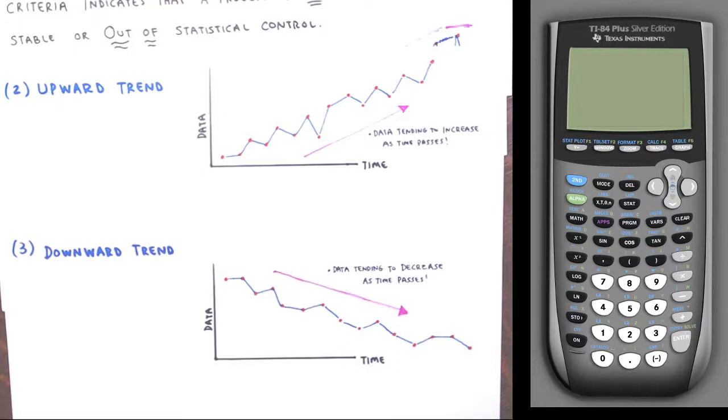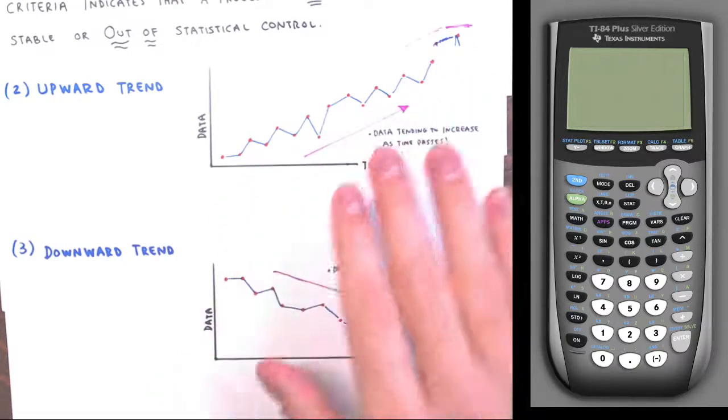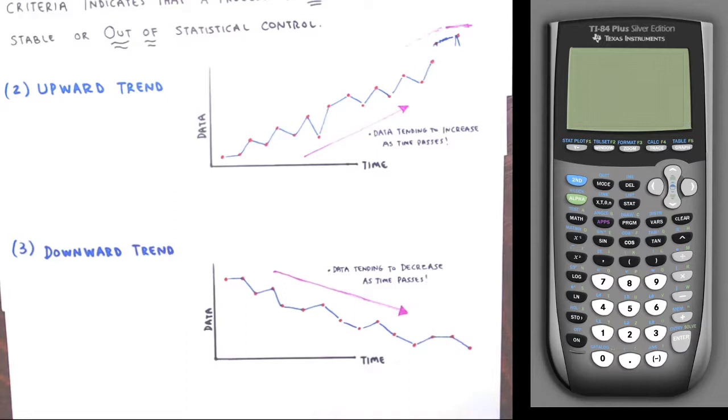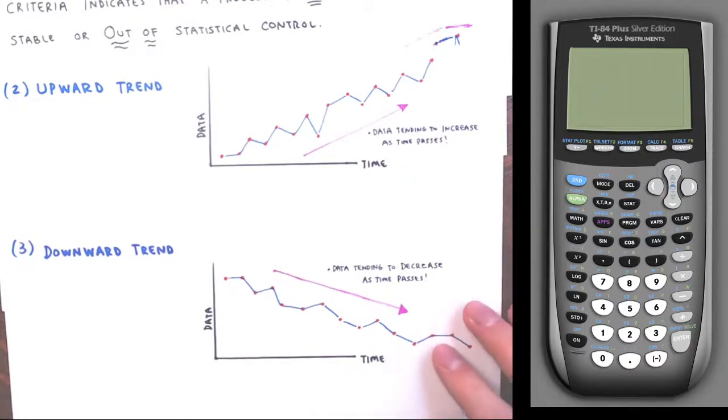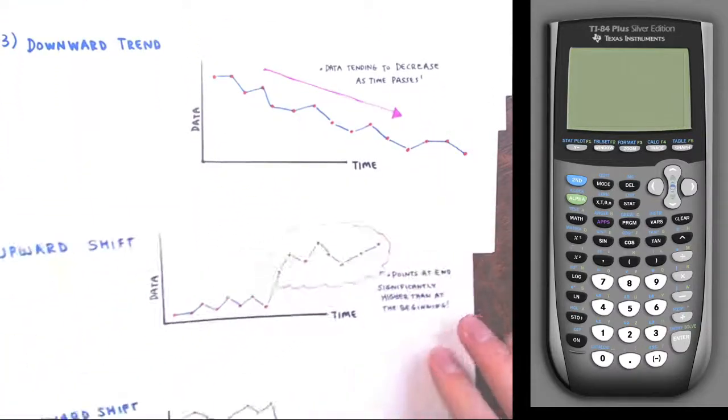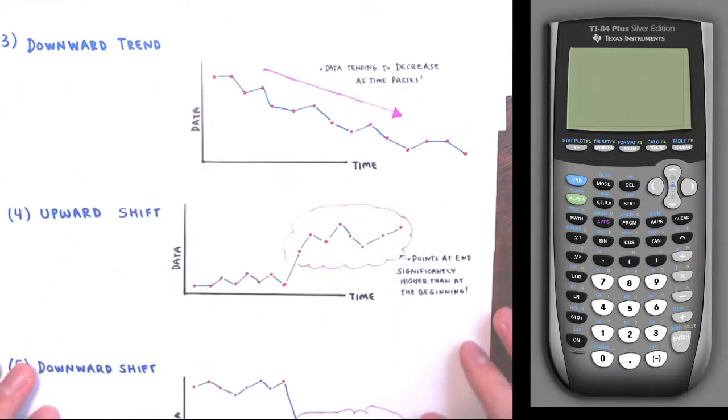All right. So again, patterns, right? We don't want to see any particular unnatural pattern showing up in a chart, or the process we're looking at is most likely out of control or not stable. Number 4, another pattern that would be problematic,